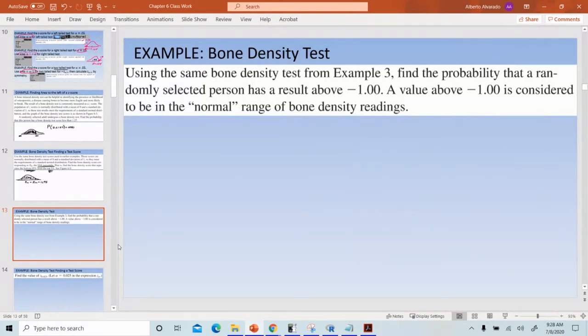Find the probability that a randomly selected person has a result above -1. A value above -1 is considered to be a normal range of bone density readings. So above -1,